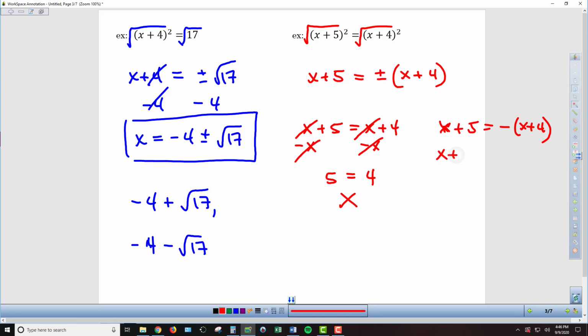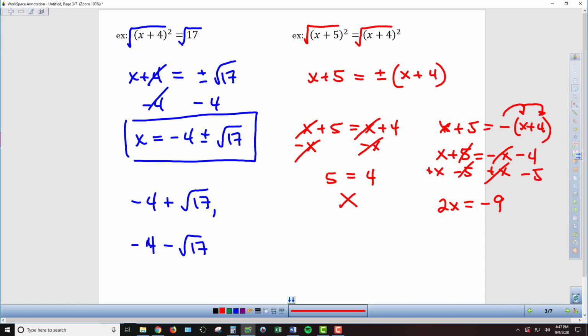So first thing I'm going to do is I have to distribute the negative sign to everything. So I'm going to get negative x minus 4. Now I'm going to do the same thing I tried to do in the other half of the problem, where I'm going to gather my x's on one side, but this time my x's don't cancel out. I instead am going to end up with 2x. At the same time here, I'm going to go ahead and subtract 5 from both sides. So I'm going to get 2x equals negative 4 minus 5, so negative 4 plus negative 5 gives me